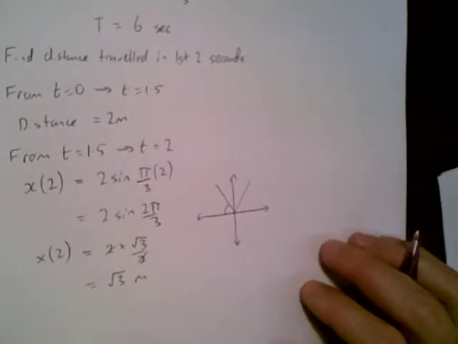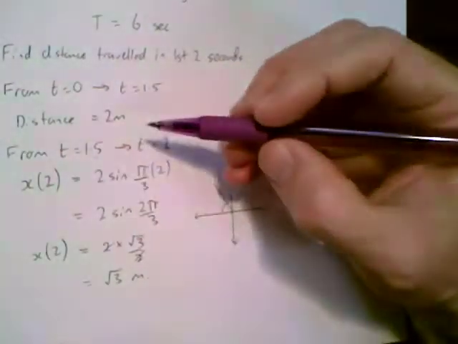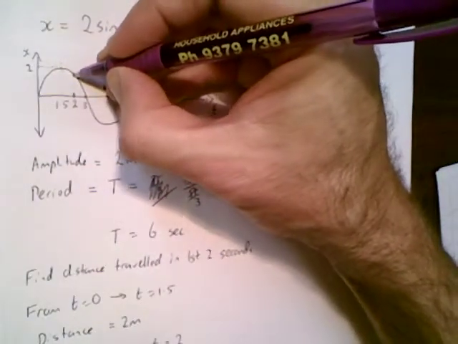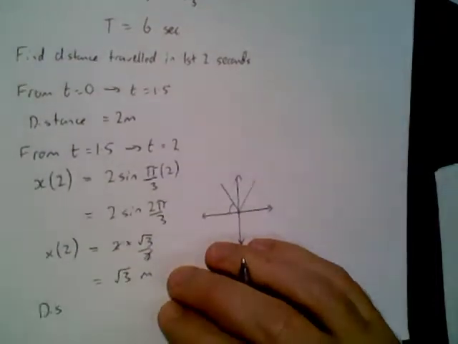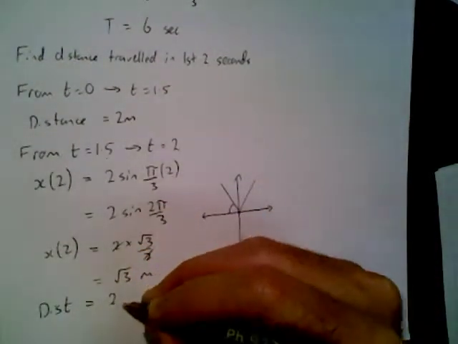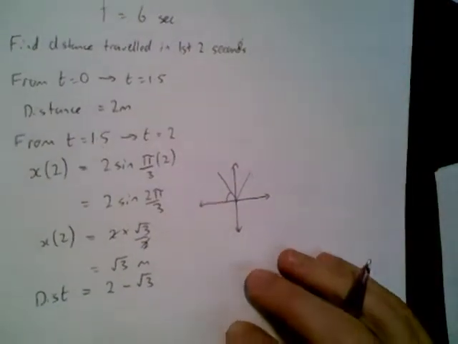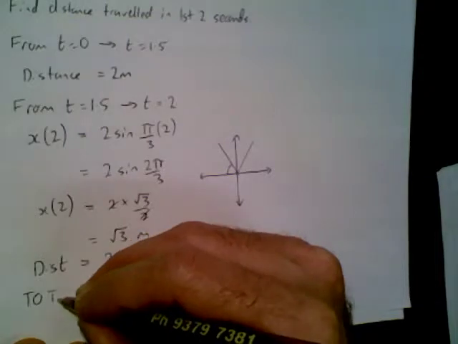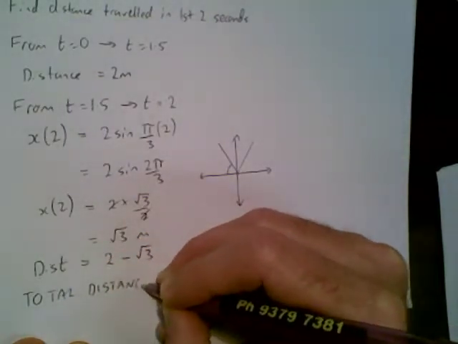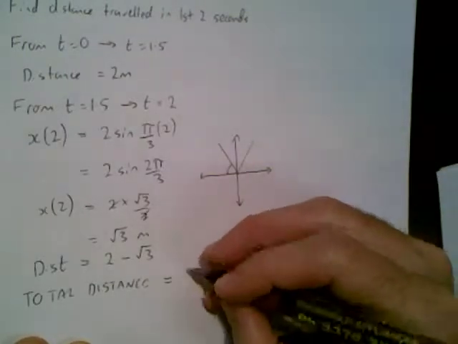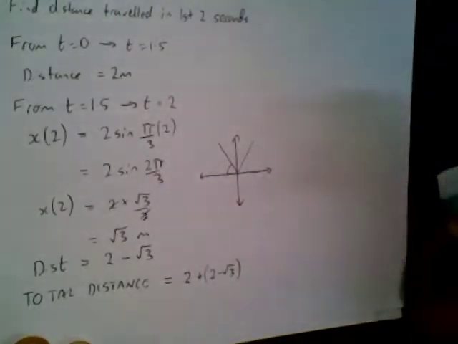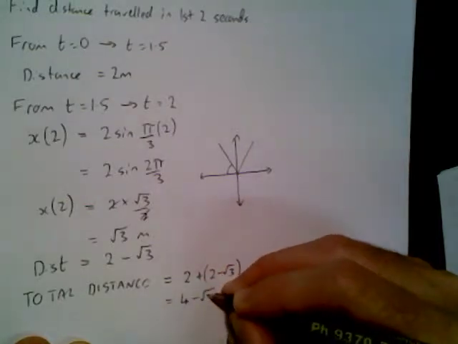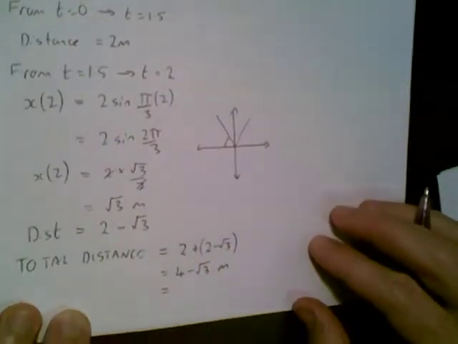So what we can see here is that the particle's moved between 1.5 and 2 seconds from a displacement of 2 metres. So on our graph it's moved from 2 metres down to root 3 metres. So in this time the distance will be equal to that 2 metres, take away the root 3, and then our total distance travelled is equal to our 2 metres in the first 1.5 seconds plus our 2 take root 3 in the next 0.5 seconds, which comes out to 4 take root 3 metres,